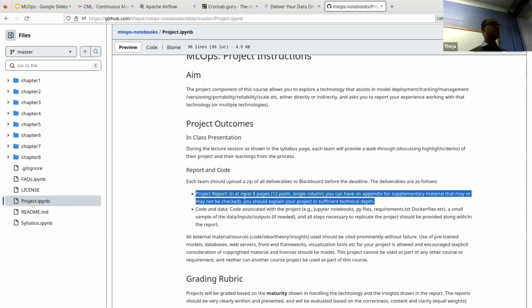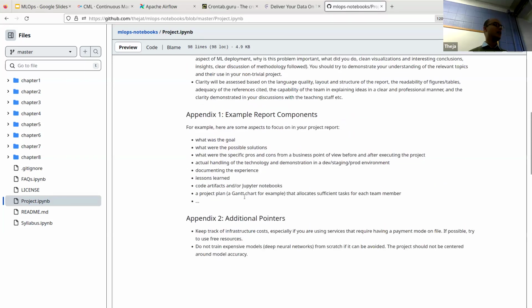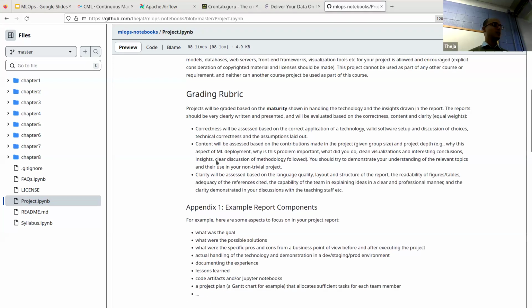So I would say, reports, I'll probably not share. If you really want it, just send me an email and I'll think about it. We can discuss, but try to use this as a guideline because it also tells you what the evaluation criteria is. Okay. So if you make it easy for the reader, think of the project report as